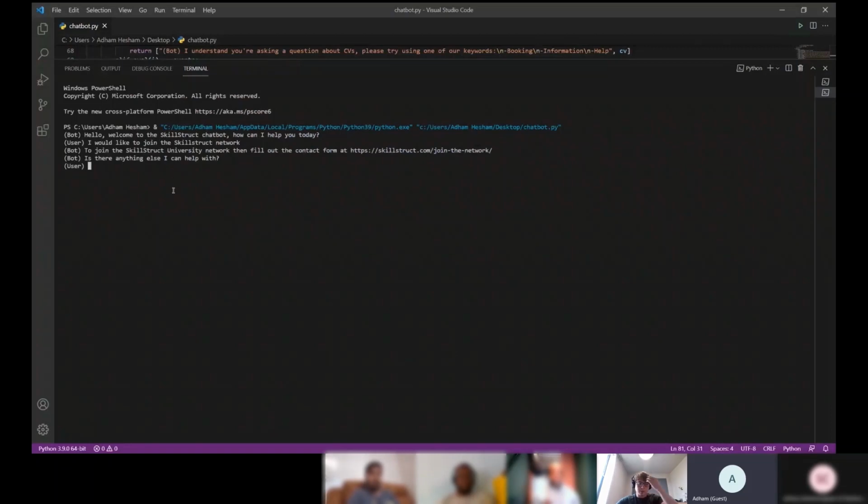There you go. As you can see, the bot replies with a link, and that link takes you to the form on the website that allows you to fill it in and complete the application. And you can see the bot asks for anything else.